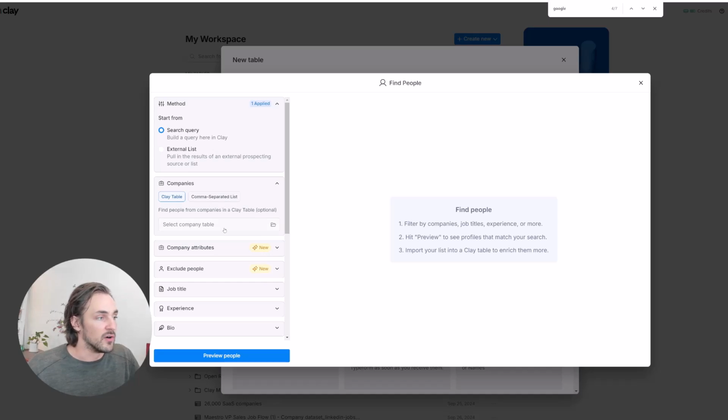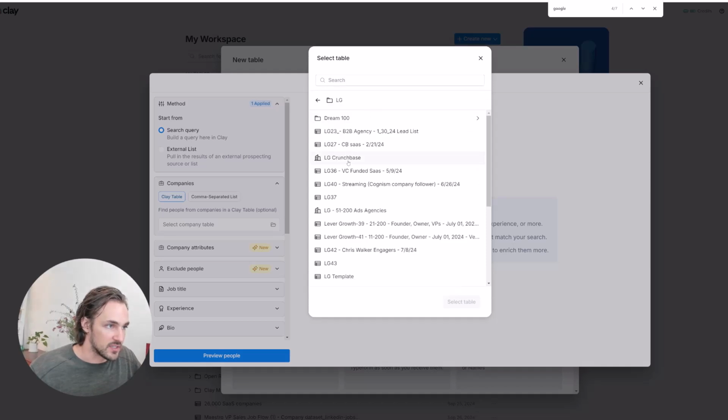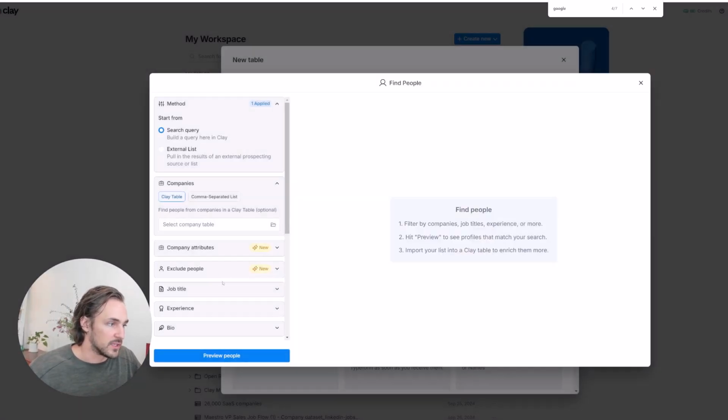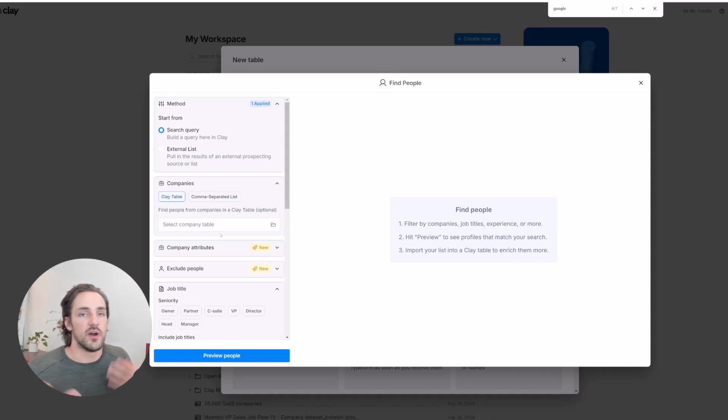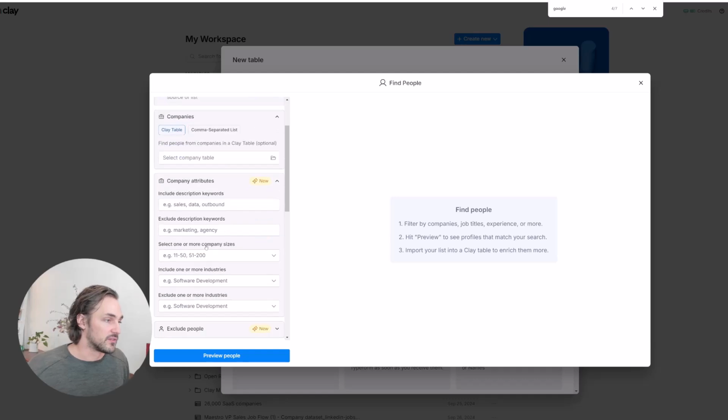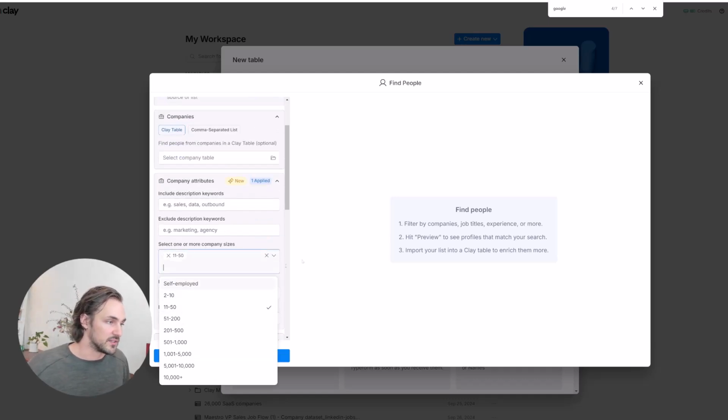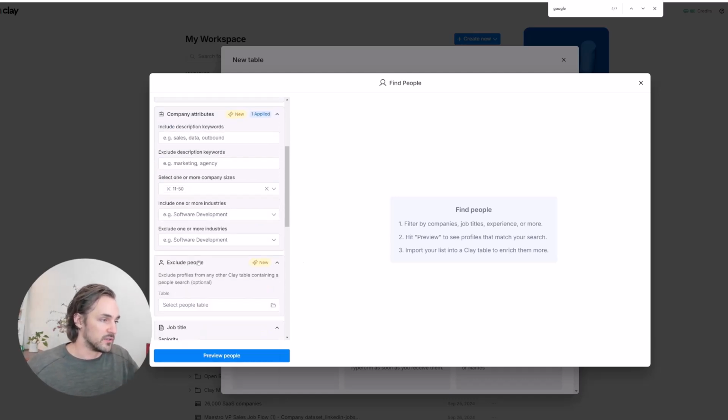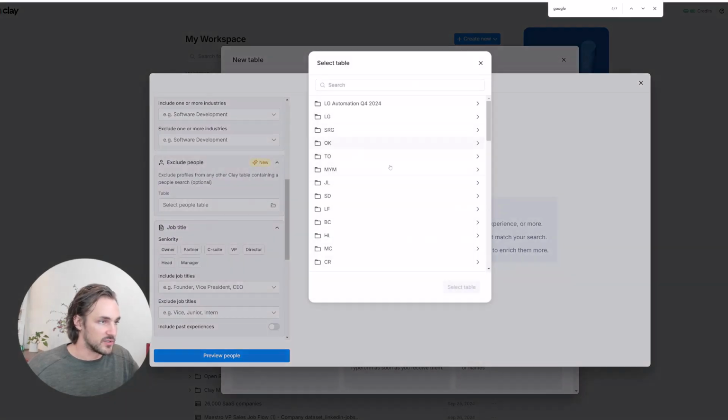You can also import a company list. So remember the list that we just created that were company based? You can actually find individuals at those companies. So that would be pulling up and selecting one of these tables here, and then pulling through the relevant people. So say you have a company list of 10,000, and you're really only looking for companies that are within the 11 to 50, and you really only want people that you haven't reached out to before, so you can exclude people from